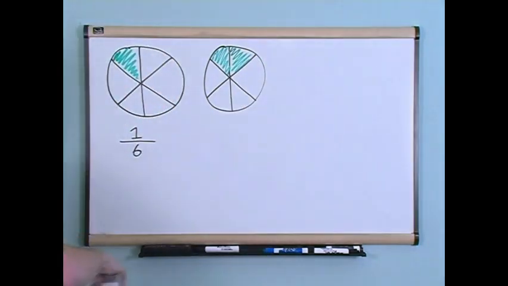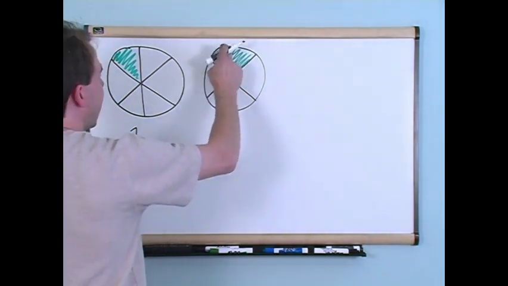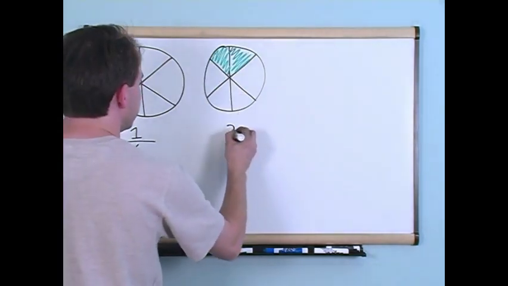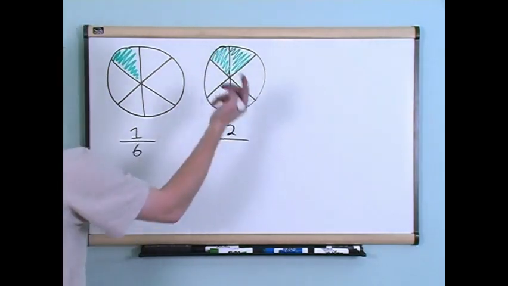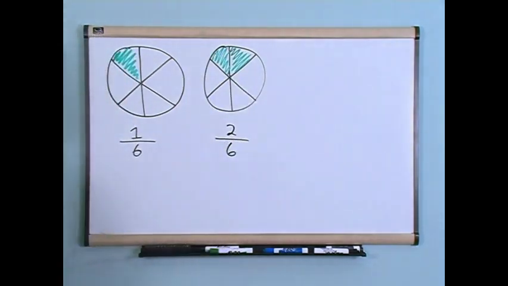Okay, what fraction are we dealing with here? Again, the first thing you do is, how many pieces do I have? That's 2 pieces. And how many total pieces are there? 1, 2, 3, 4, 5, 6 pieces. 2/6, okay? Now, the question is,